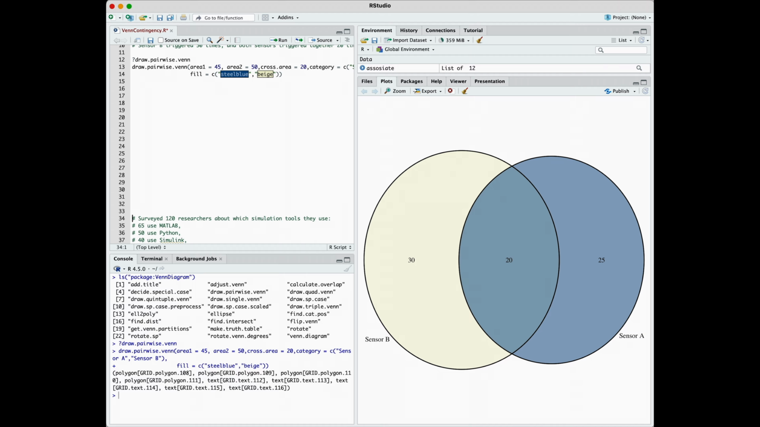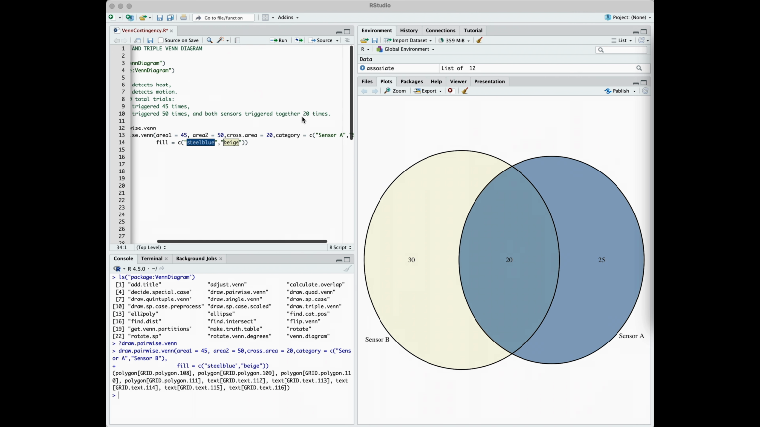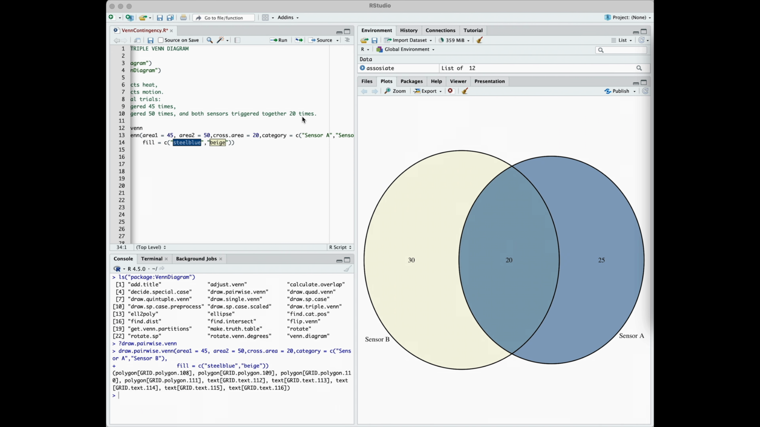And that's it. You get your pairwise Venn, showing where both the sensors intersect and where they're independent. Now, if you find yourself stuck or confused with how area 1 or area 2 that you just mentioned in your function translates into this diagram, feel free to skip a few parts from this review, and you can